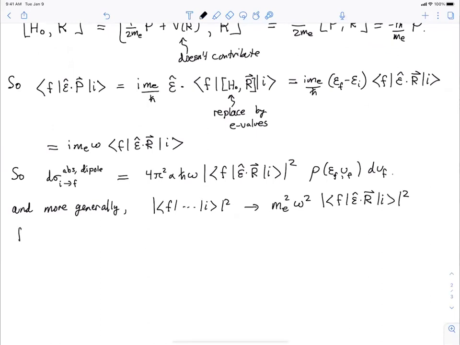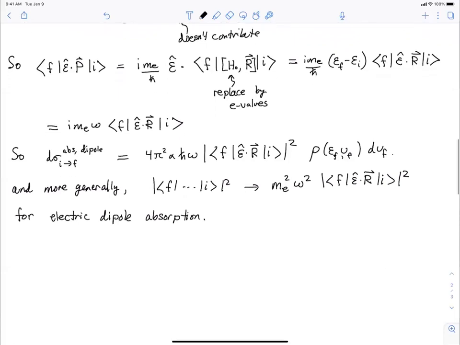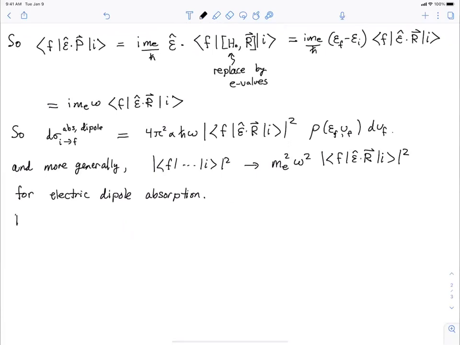Okay, that's for any kind of electric dipole absorption. I threw in the word electric there because it turns out there's also magnetic dipole, which we'll get to soon, which is a little different. Okay, and for electric dipole emission,